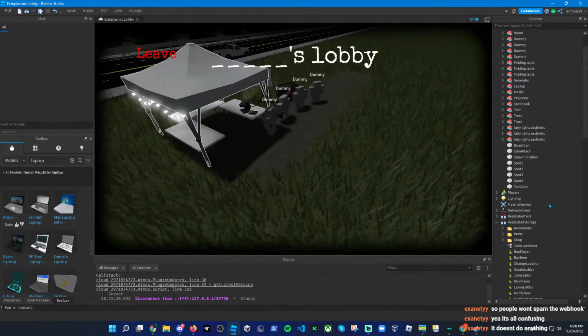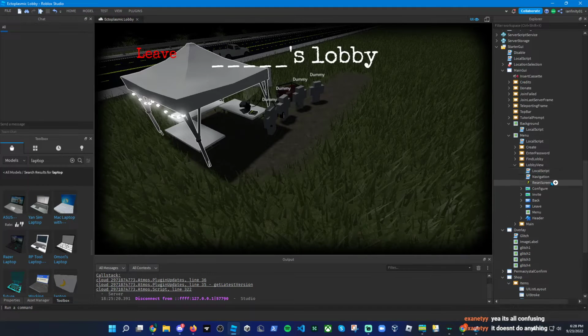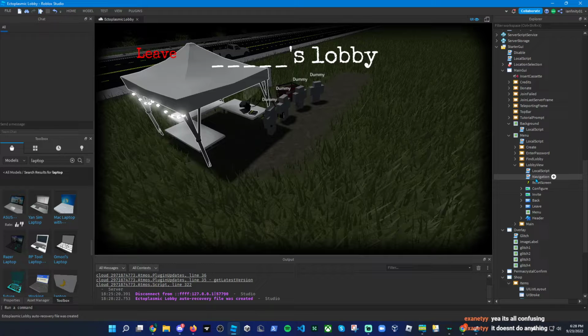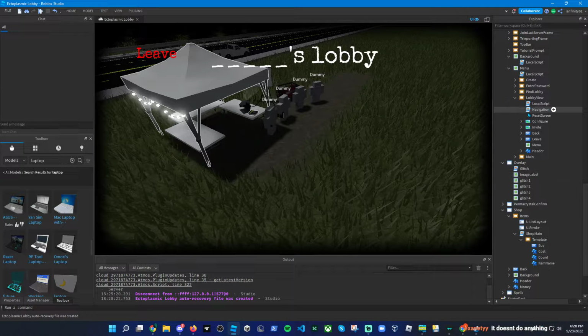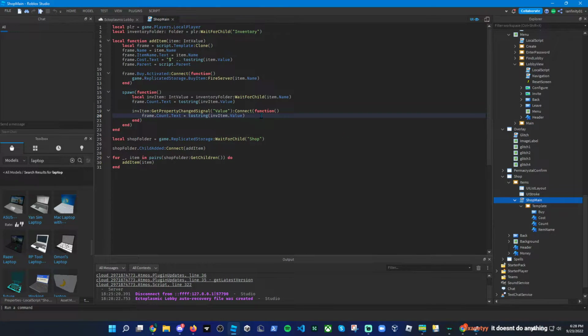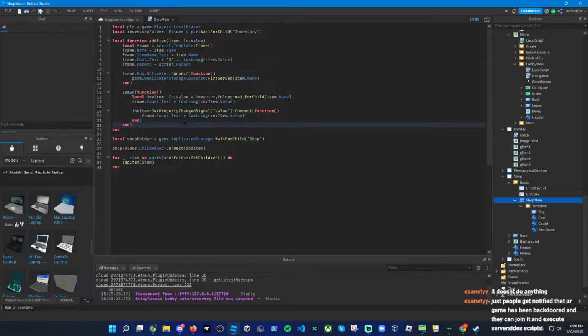So the shop works. I wanted to make it so that the plus turns white instead of green if you can't afford it. Actually, maybe grayed out instead. So in this shop GUI, I'm going to do